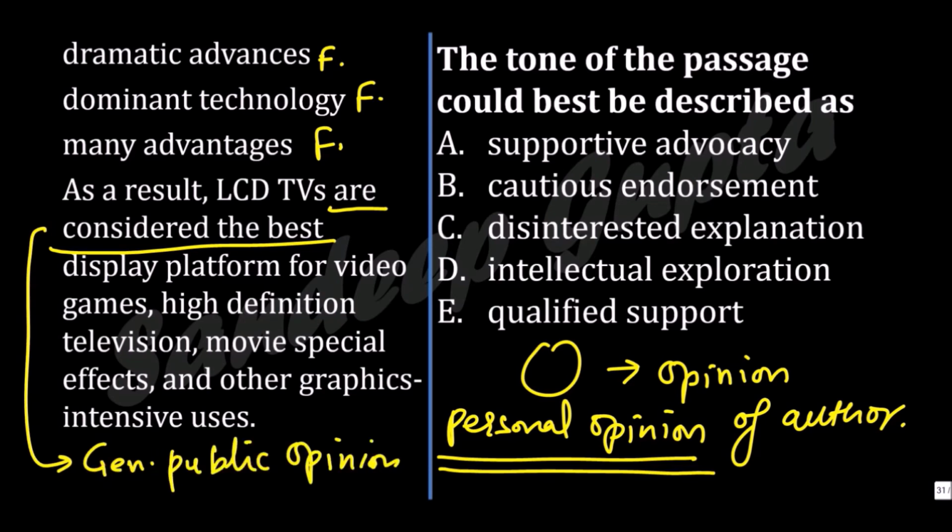In Octave notes, we just read that if the author does not have a personal opinion, the tone of the passage will surely be neutral. If you want to go back to the notes to revise them, please go back and check. If the author does not have a personal opinion, then the tone of the passage has to be neutral. Now, if I look at this, supportive advocacy is a positive tone, endorsement is a positive tone, support is a positive tone. Definitely these three cannot be my answers. Now it may have so happened that you have chosen one of these three answers only because you thought that the tone was positive, looking at considered the best in all these things. But remember, when the author does not have a personal opinion, the tone cannot be positive or negative. It has to be neutral.